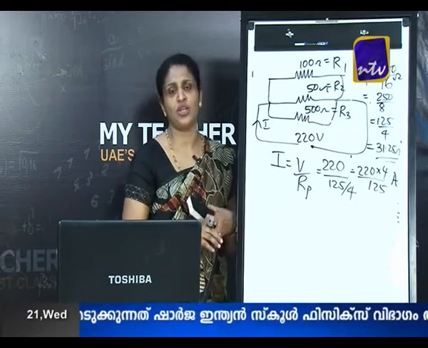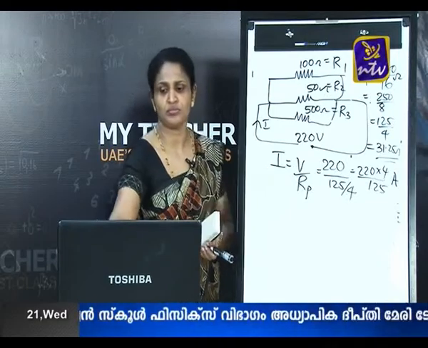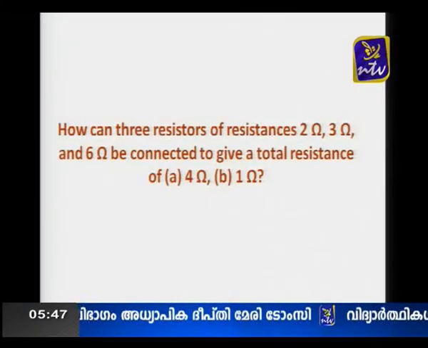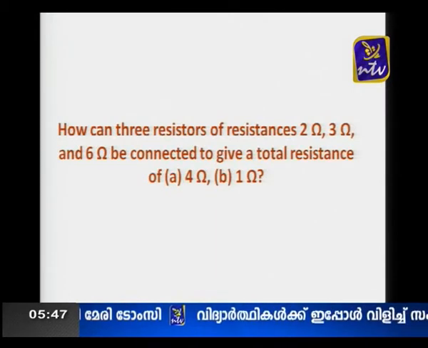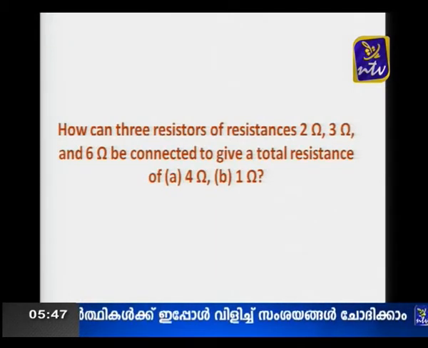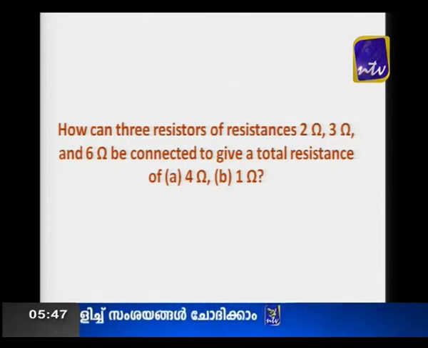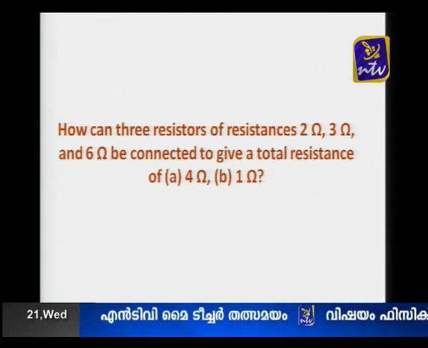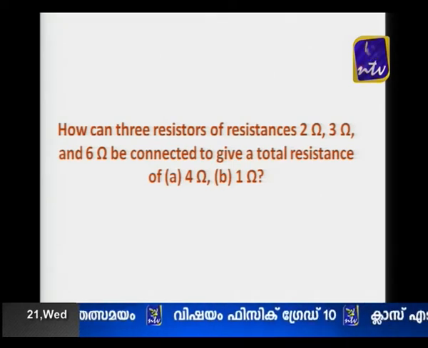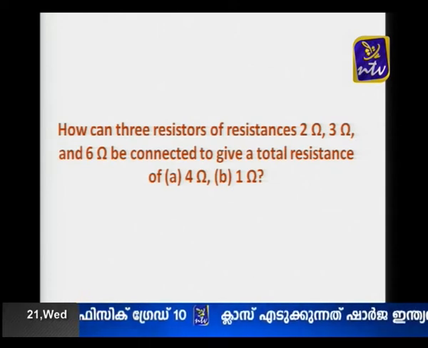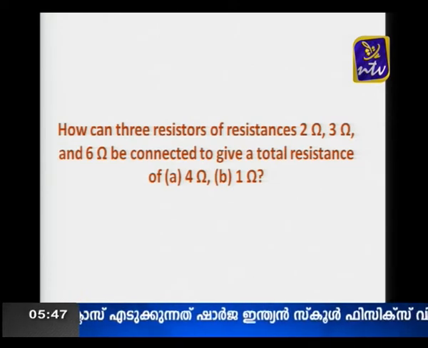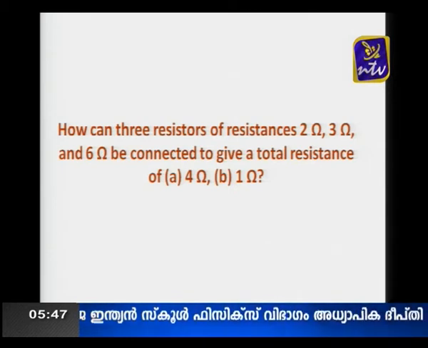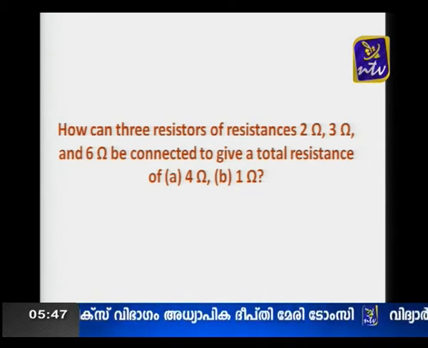Now, let us move on to the next question. How can three resistors of resistances 2 ohm, 3 ohm and 6 ohm be connected to give a total resistance of 4 ohm, 1 ohm? How can three resistors of resistances 2 ohm, 3 ohm and 6 ohm be connected in order to get a total effective resistance of 4 ohm and 1 ohm? Let us solve them one by one. The first one,